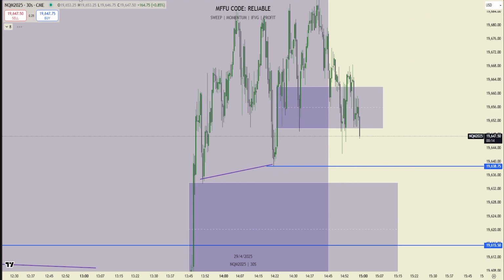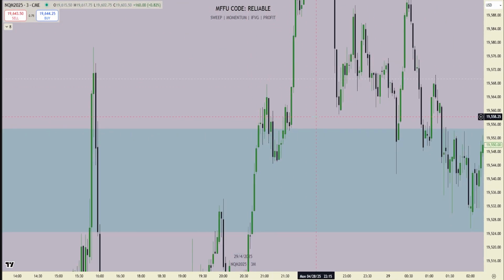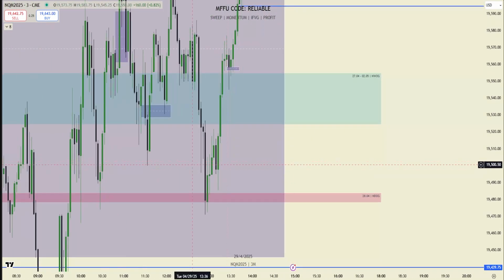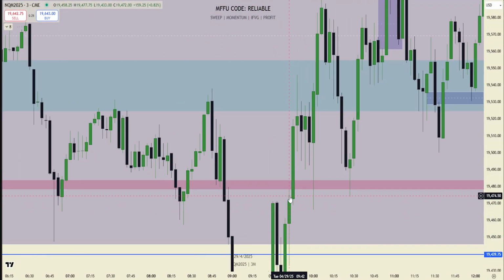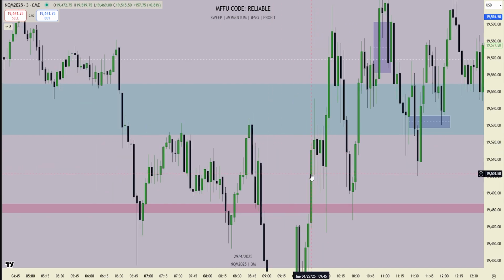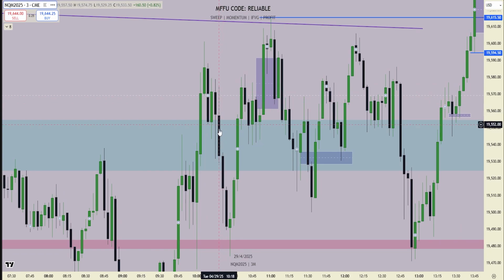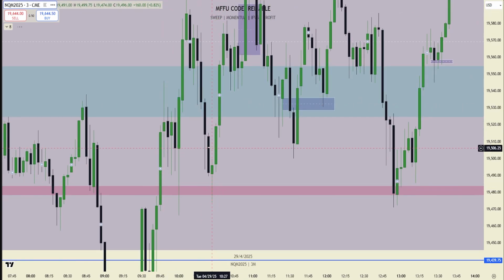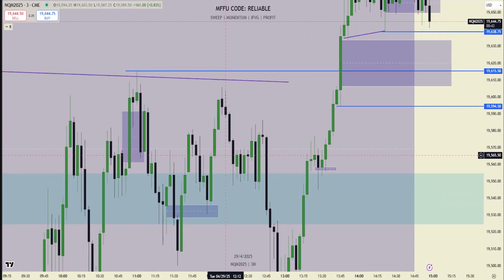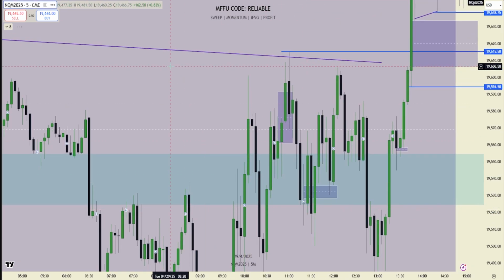Did I take anything this morning? Yeah, I took the short, and I was already done for the day. I caught the initial longs. Where was it? I caught longs up here when we inversed this 2 minute. We started inversing all this. I jumped in long here, and I just rode it to the equal highs that Dodgy called out, and then I took the 3 minute short on eval, and sold some at the SMT, and then got break even on the rest. And that was about it. And I said I liked the 5 minute long too. I thought that was okay because you had an SMT at the low.